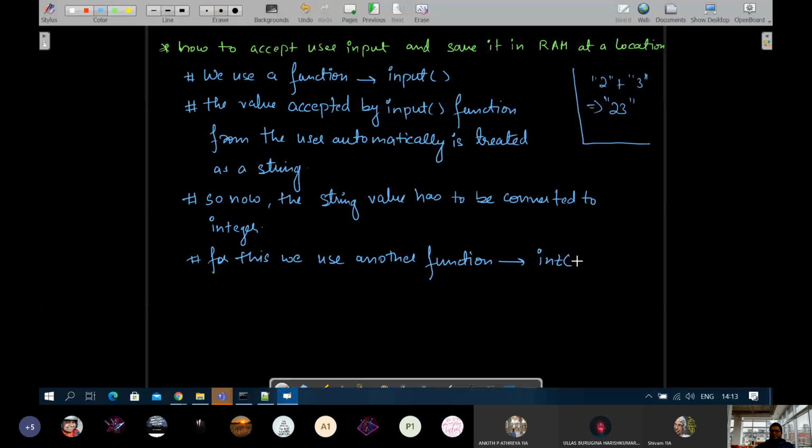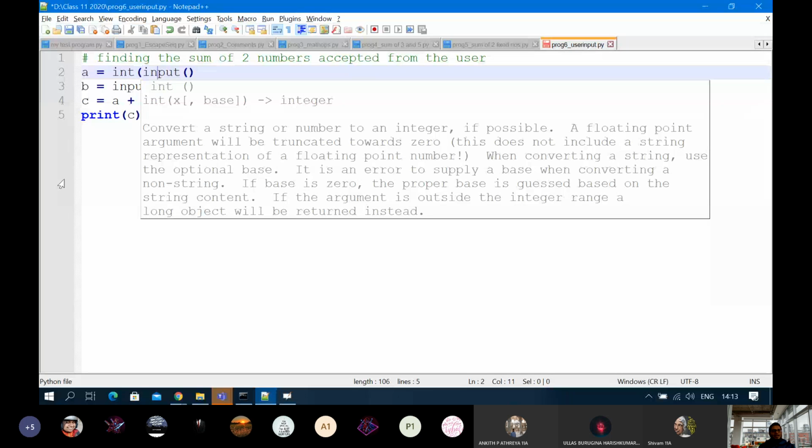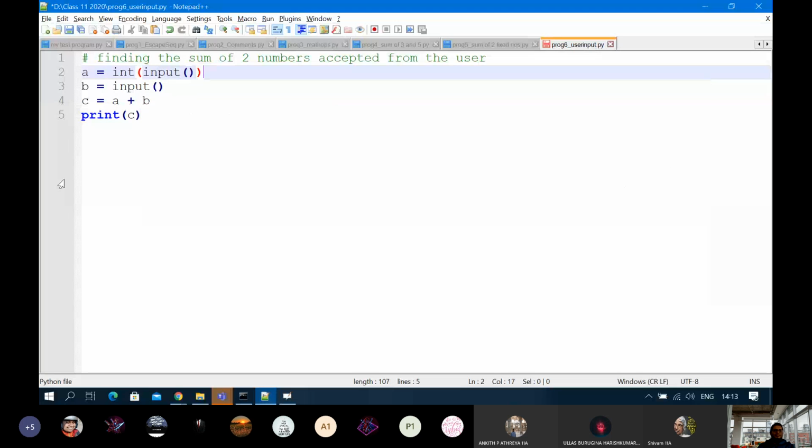तो हम लोग क्या करेंगे? This entire thing accepts a value from the user from outside and converts it into string. So what we are going to do is put the entire input part inside the int function. So what will the int function do? Whatever value has been accepted from the user in numeric form but within quotes, the int function is simply going to remove the quotes and make it an integer number.